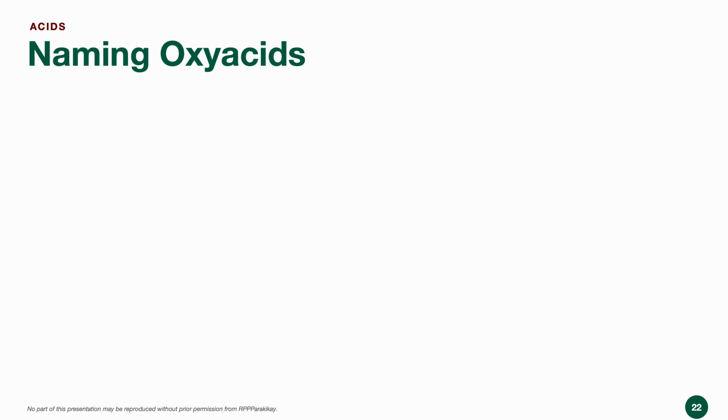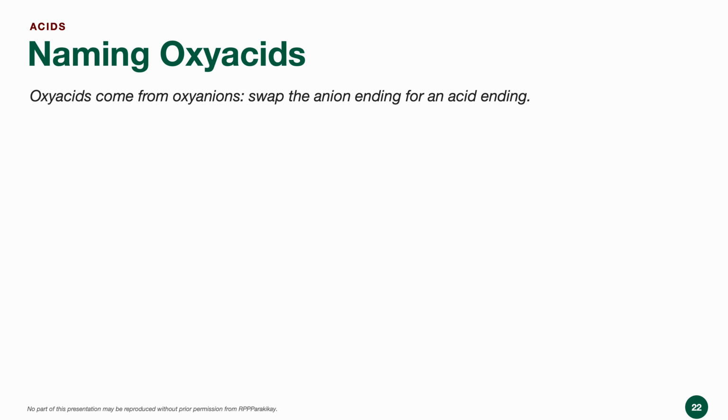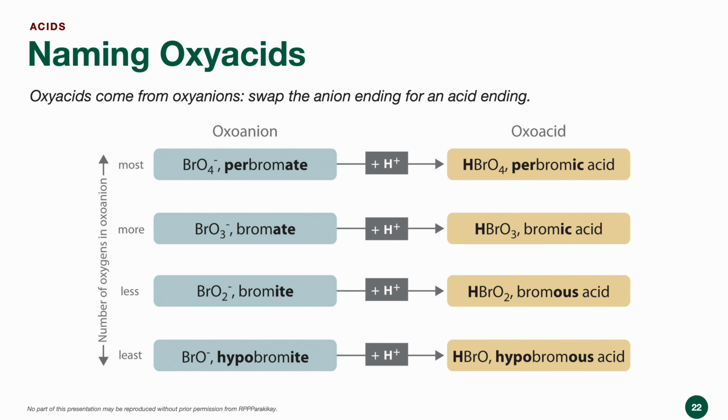Next, let's move on to oxyacids. Oxyacids are acids derived from oxyanions, and the ending tells you exactly which oxyanion they came from. So let's look at the following diagram and let's start with ate. If the oxyanion name ends in ate, the acid name ends in ic acid. That's the case for BrO3 minus. It's bromate, but as an oxyacid, HBrO3, that will be named as bromic acid.